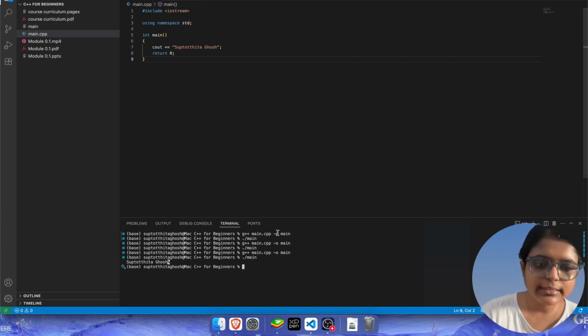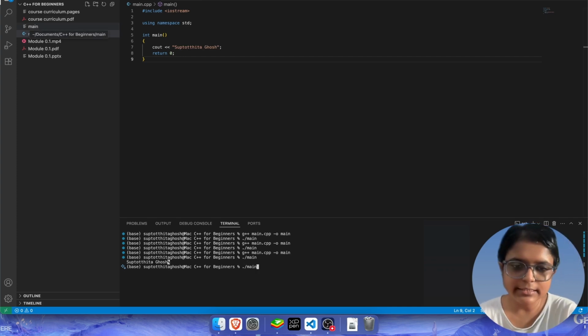And about the command here, g++ space main.cpp space -o space main. Basically, g++ space main.cpp would have done the compilation. I did not necessarily need to add -o space main. But -o space main gives me an option to choose the name for my executable file. So writing -o space main is giving me this one.